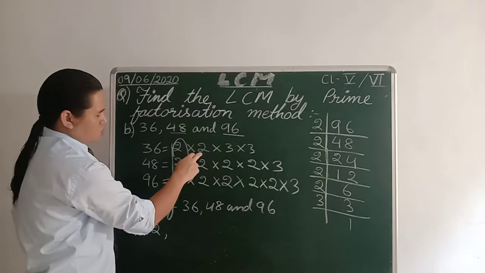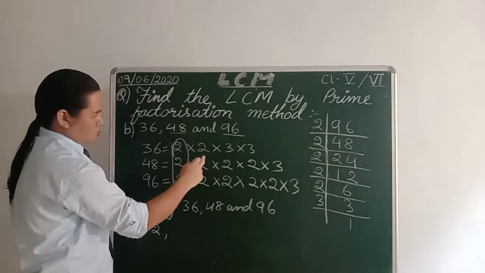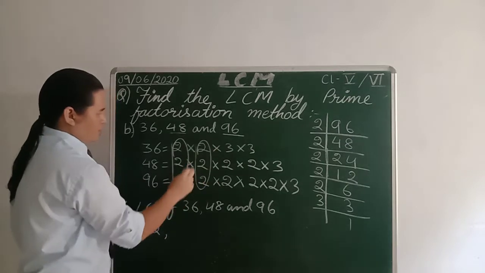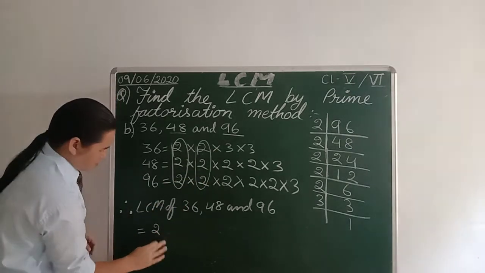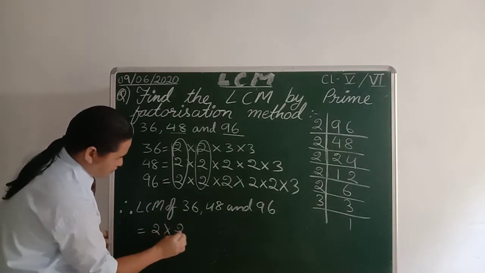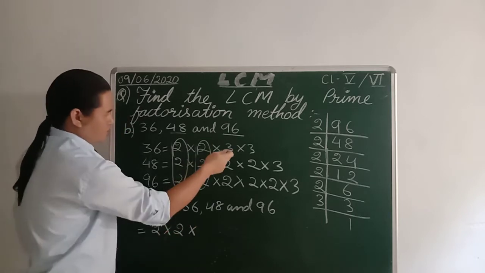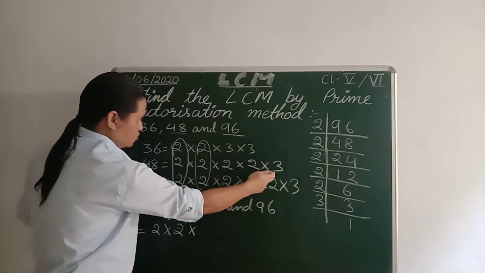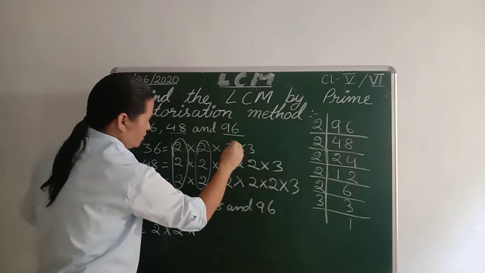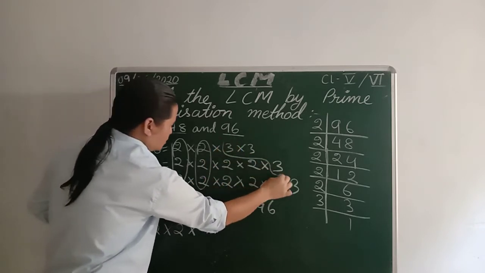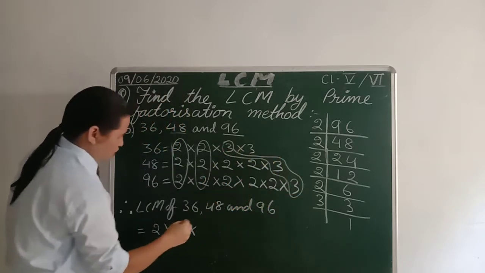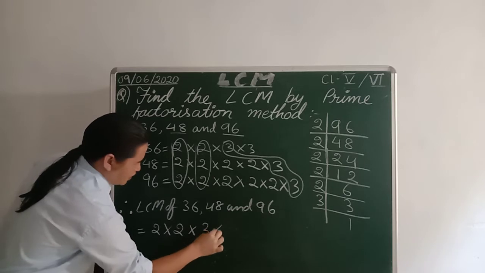Now again go for the second number. So here is also a 2, here is also a 2, here is also a 2. So make it a circle and write a single 2. Now go for the next number, 3. So here is 3, here is also a 3, and here is also a 3. So make this one single number. So we can write only one 3 over here, into.